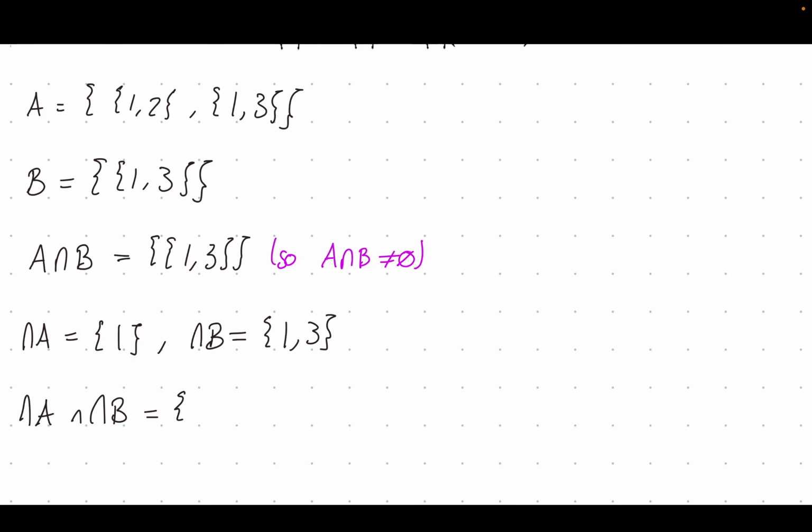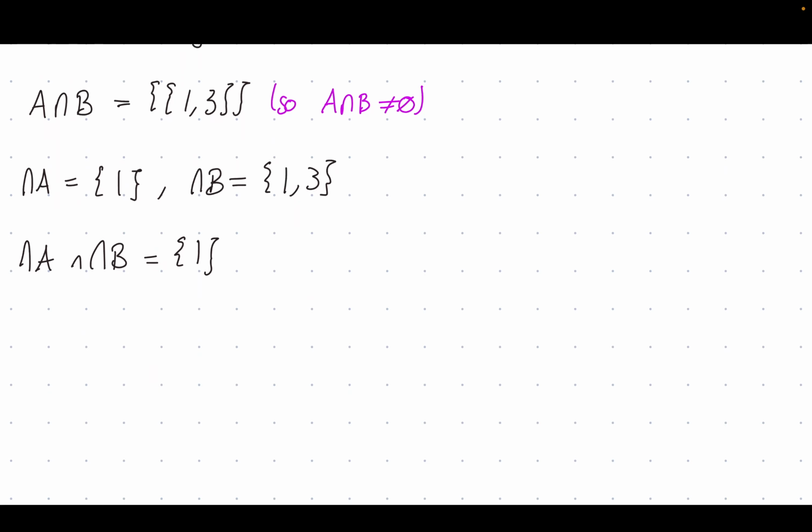Oh my god. These get progressively more horrible as time goes on. Okay, so 1 is here, has its spot, and then 3 is only in this intersection of B, but it's not in here. So this is all this set is,